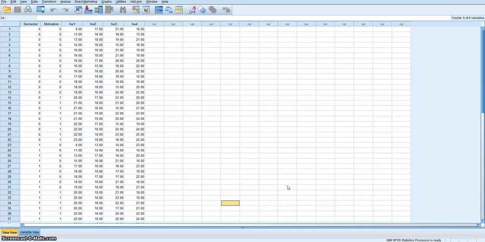Let's see how we can conduct a dependent t-test in SPSS. A couple of very important things with the dependent t-test is, first, we are testing the same participants and we're testing them at two different time periods. The traditional dependent t-test is utilized in a pre-test, post-test kind of design, where we're giving our participants a pre-test or a baseline, then we're doing some kind of intervention, and then we're testing them again at post-test to see if there are changes in between pre-test and post-test, and we're hoping that those changes are due to the intervention